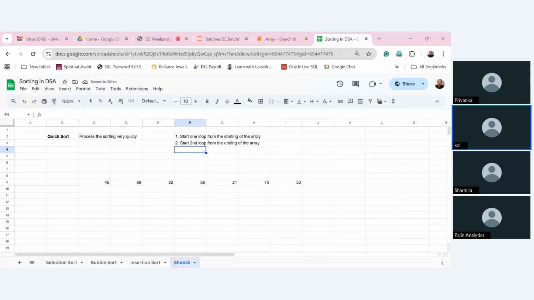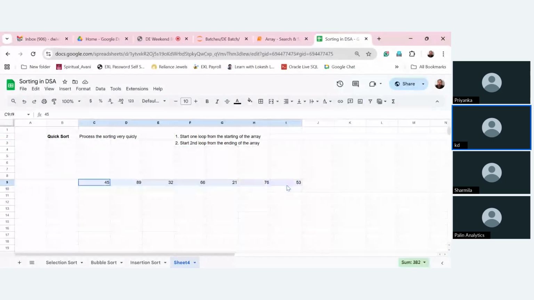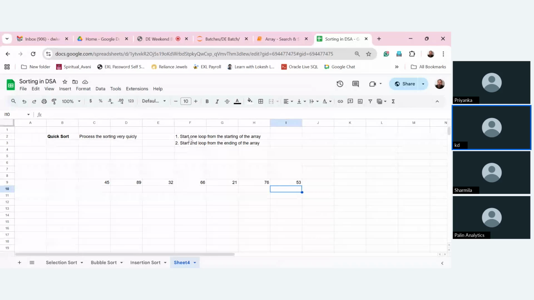Yes. So let me repeat this part again. In quick sort, the process is applied very quickly. I am taking this array for our implementation. And what we do is, in this process, one loop will start